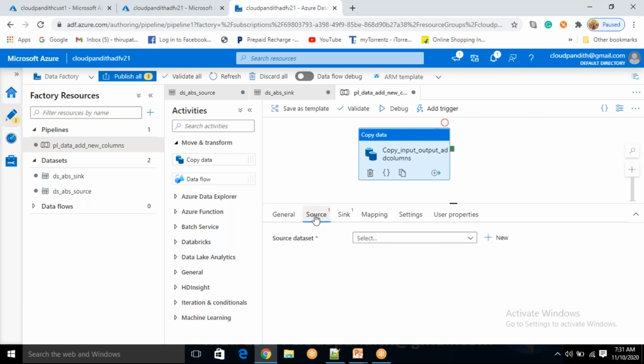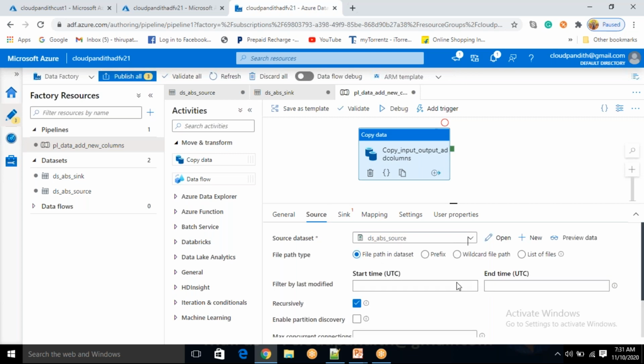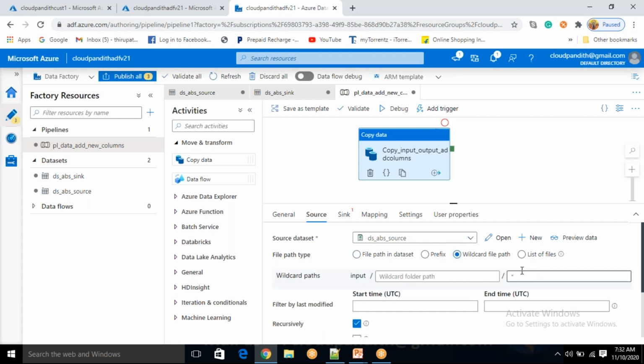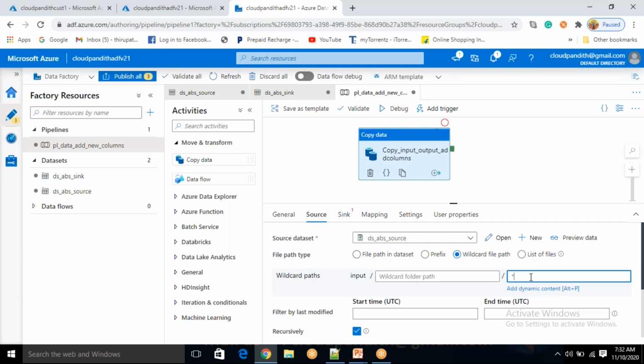Now this is my source. Just select the source data set. You selected only the container. When you have multiple files in a container, you need to specify the file path as a wildcard file path. You can say .csv files, .json files, a subset of files, or the entire set of files, using a wildcard file path.